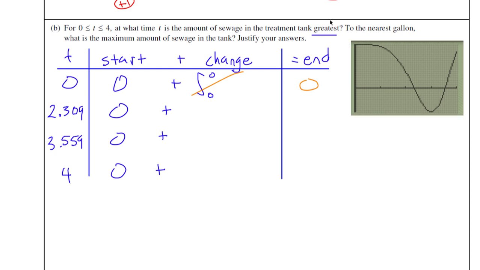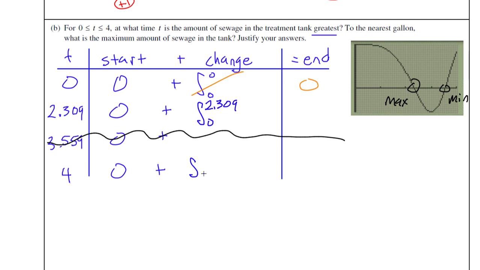And come back here to my pen tool. That right there is a relative max, maybe not the absolute max, and this is a relative minimum. So I'm going to exclude this third value because that's a minimum. We're looking for a maximum, the greatest value. All right, so this is going to be the integral between 0 and